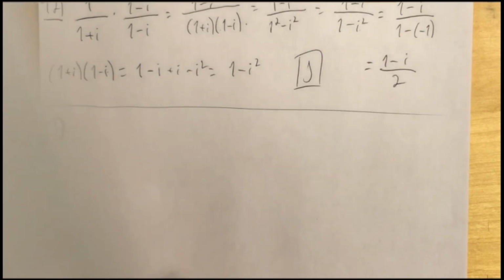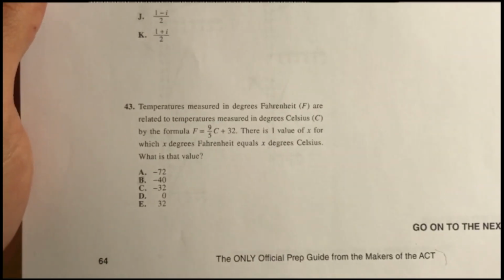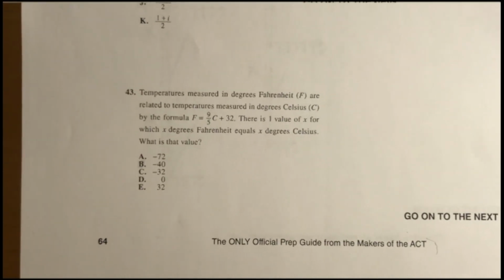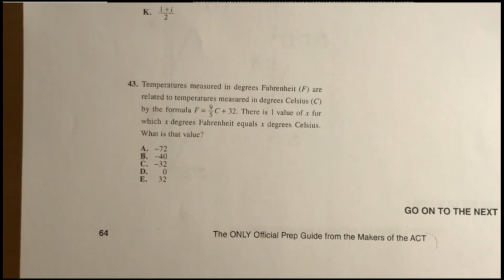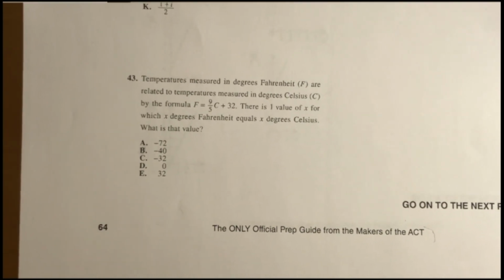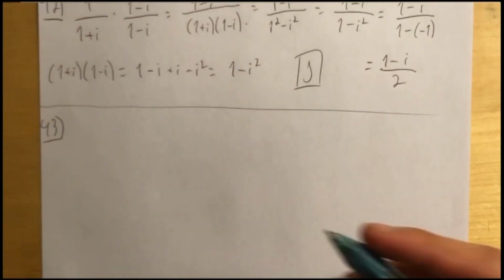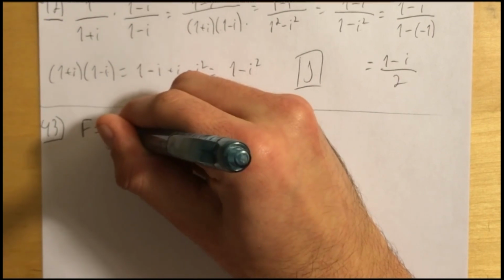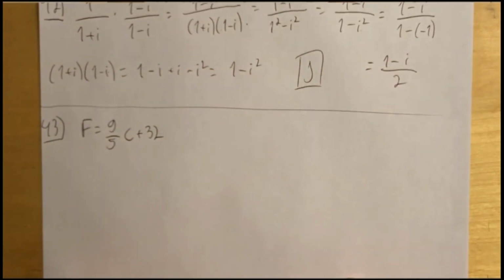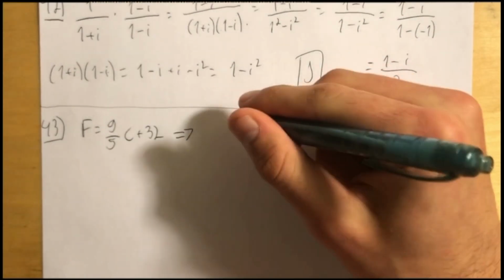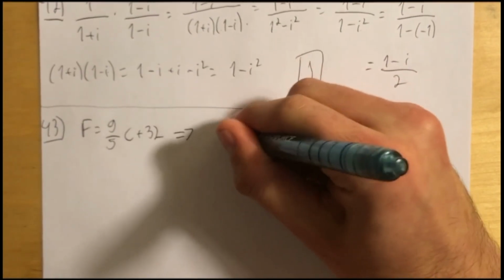Question 43. Temperatures measured in degrees Fahrenheit are related to temperatures measured in degrees Celsius by the formula F equals 9/5 C plus 32. There is one value of x for which x degrees Fahrenheit equals x degrees Celsius. What is that value? Alright, so we're given that the formula is F equals 9/5 times C plus 32. Since they say the value of the two temperatures is going to be the same, we rewrite this using the same variable for both temperatures. So x equals